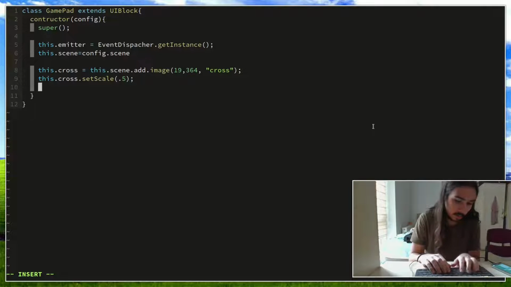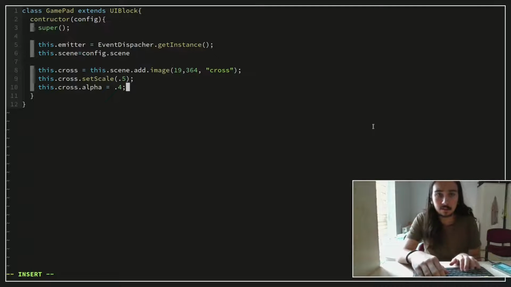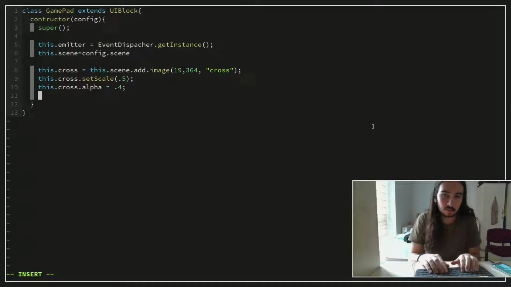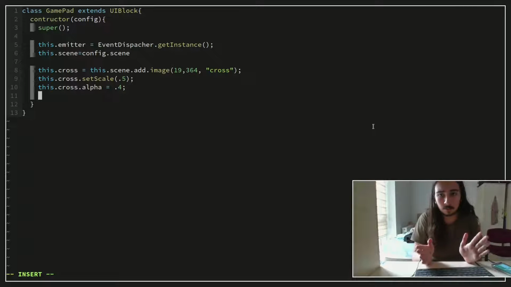Yeah, and I set its alpha to .4. Alpha is making it transparent. I generally make buttons transparent, and when you touch them, the alpha increases, so it's kinda easier to tell that you're pressing the button. And yeah, these are our settings for the cross image. Cross won't be